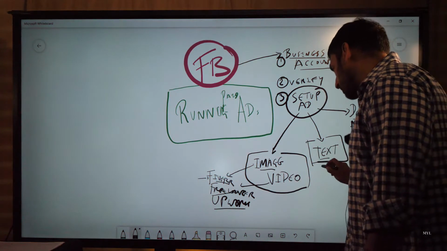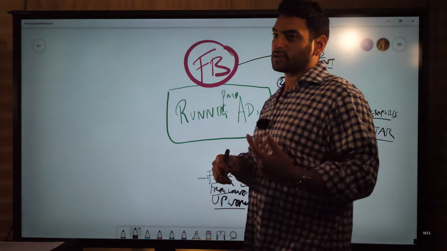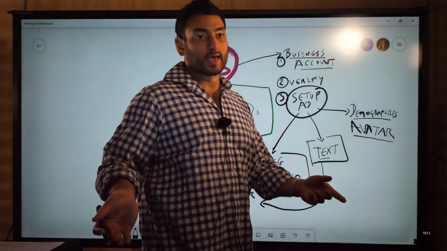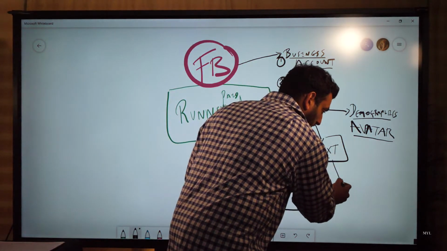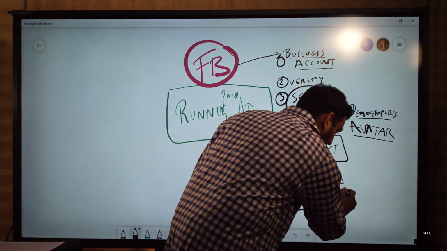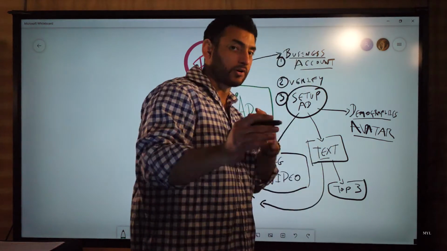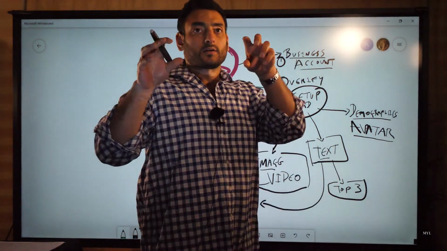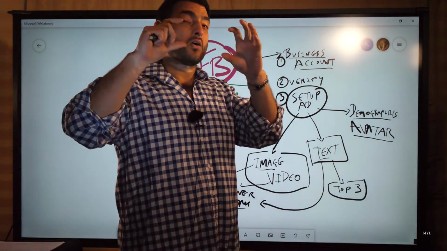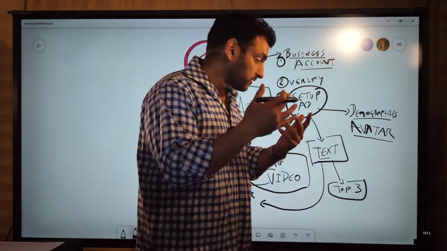Then the text, again, you could get the text outsourced as well, or you could have the text for the advert written yourself. But then you could say, okay, well, how am I going to write it myself if I don't outsource it? Let's say there's a process to it, and you break that down even further, and you say, okay, I'm going to look at the top three adverts in my niche. I'm going to copy and paste those top 3 into a document, and I'm going to look at how they're actually written and their layouts and what makes them so successful and popular.